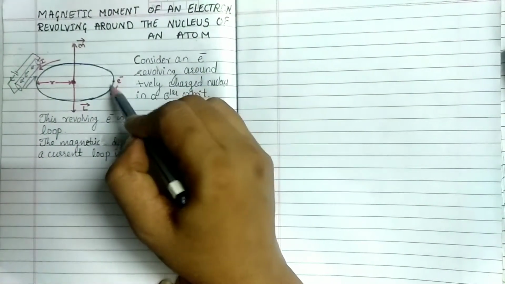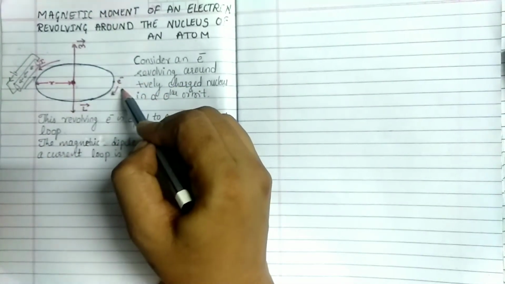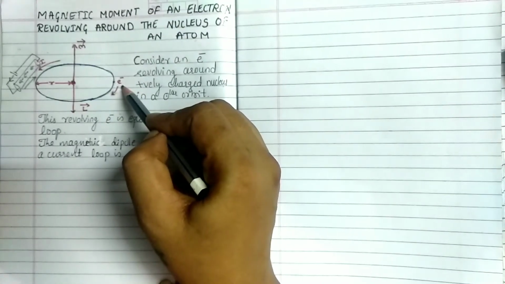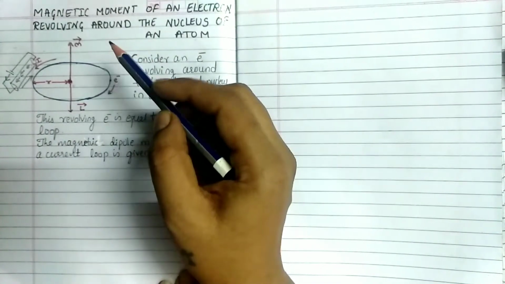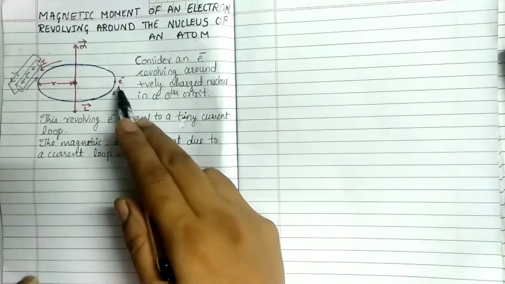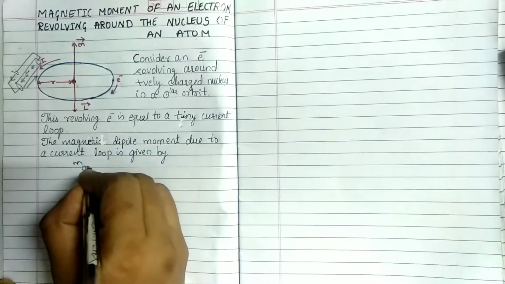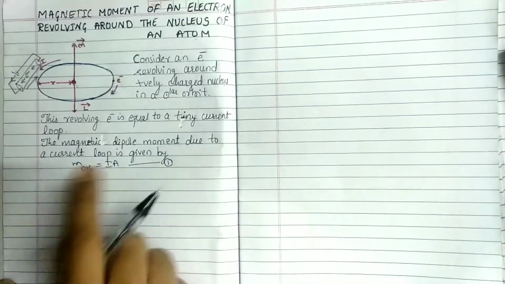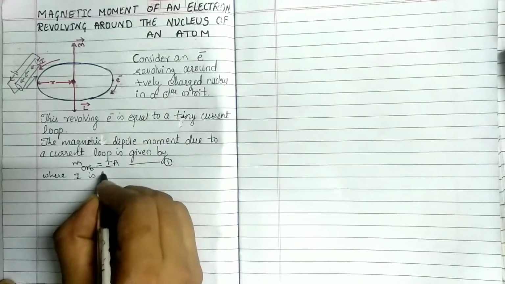So consider an electron revolving in a circular orbit around the positively charged nucleus. This revolving electron is equal to a tiny current loop. Means this revolving electron generates a current carrying loop. So the magnetic dipole moment due to the current loop generated by this revolving electron is given by m orbital is equal to I into A. Call it as equation 1, where I is the current